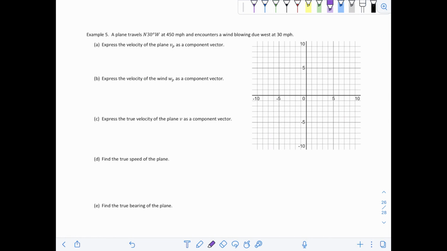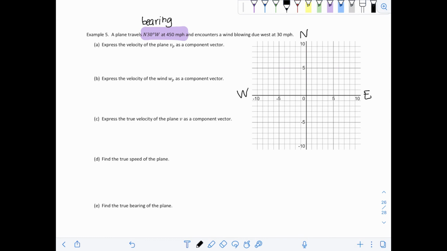For this example, it says a plane travels north 30 degrees west at 450 miles per hour and encounters a wind blowing due west at 30 miles per hour. So first I want to draw each one as a vector. This first one, dealing with the plane, we're going to be using bearing. To recall, what does that mean? Well, north 30 degrees west,